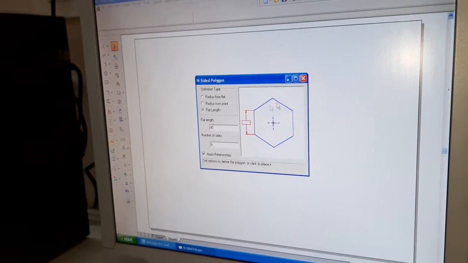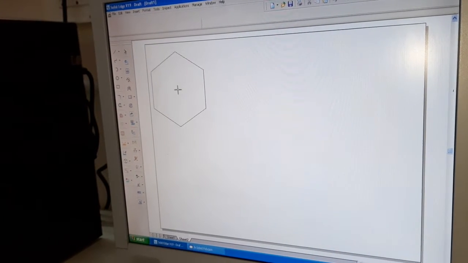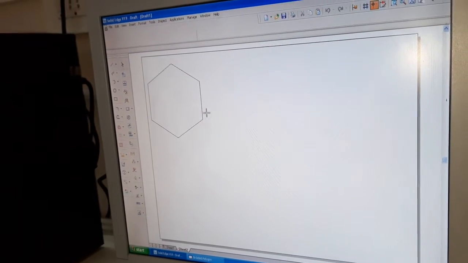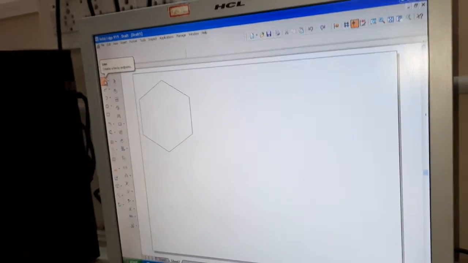Apply relationship. Minimize. And just if you click the mouse, you will get the hexagon with edge position.